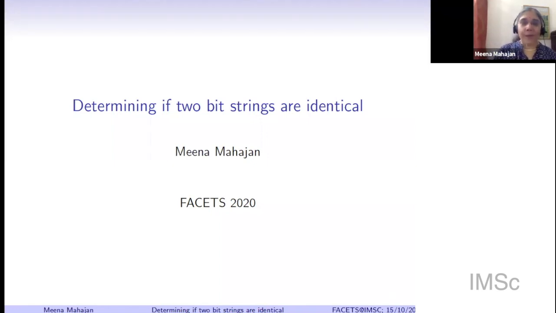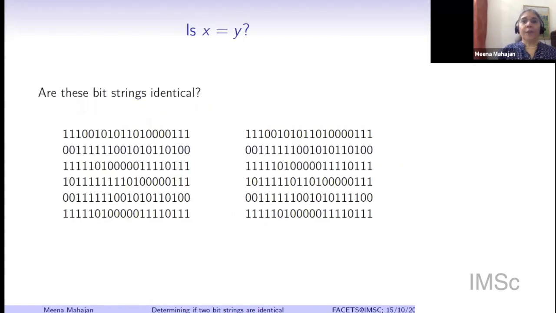Okay. So let's get to the topic: determining if two bit strings are identical. On the face of it, this seems like a rather simple task to do. Let me show you what I mean by the question. Maybe you have two bit strings like this. This thing on the left, although it is written across several lines, is just one long bit string, which potentially could be even longer. Here's another bit string on the right, which is very long, and you have to decide, are they identical?